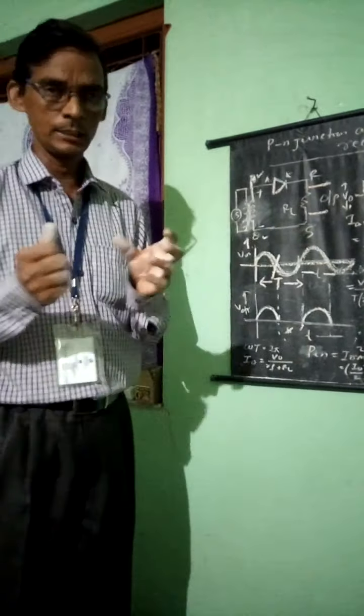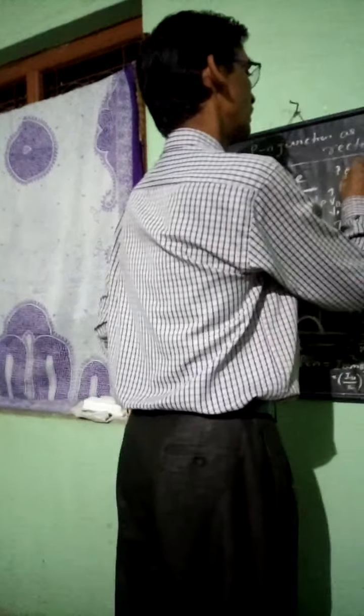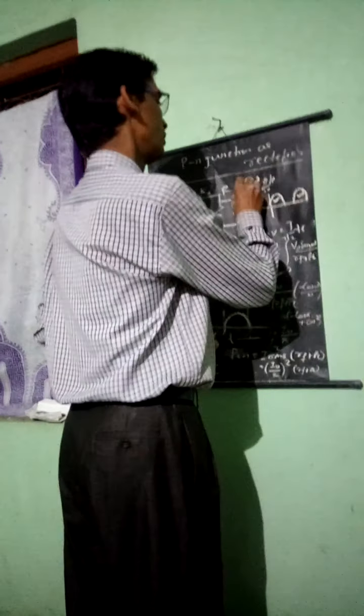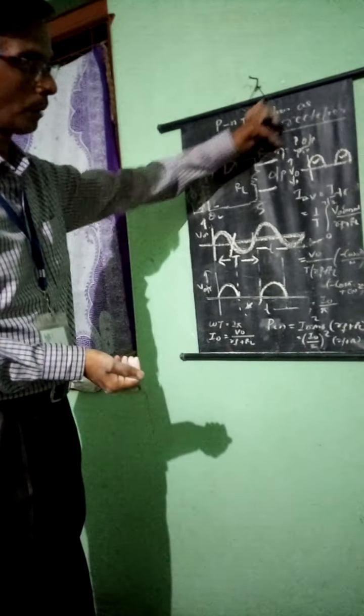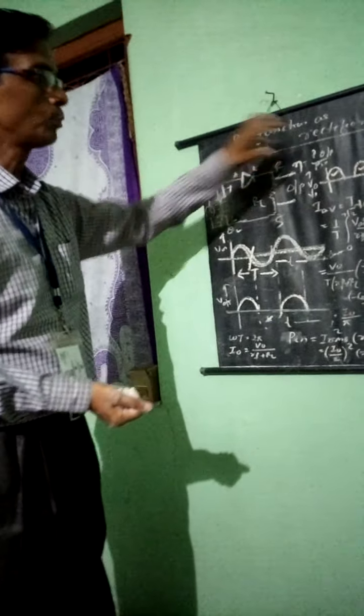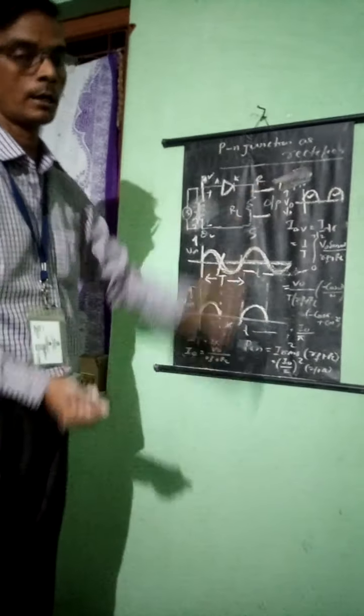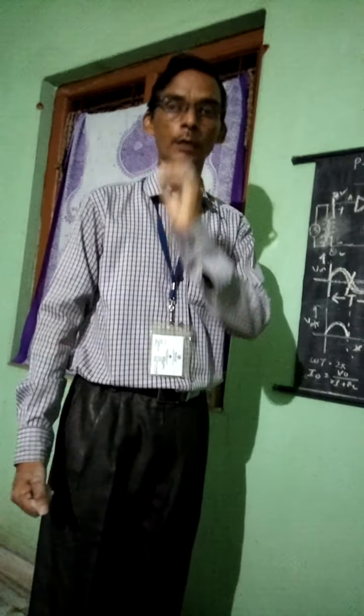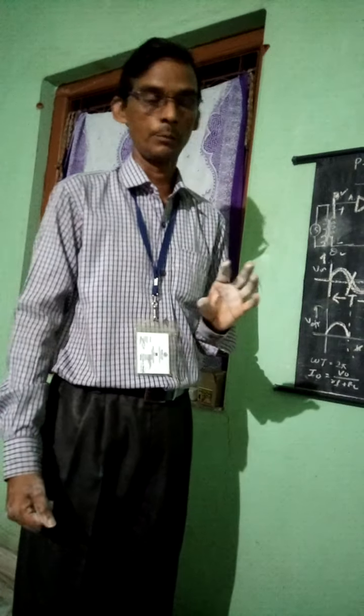Then remember, what is the efficiency actually? Efficiency is power output divided by power input. Efficiency is equal to power output by power input. So let us see, before going to find the power, according to Ohm's law, P is equal to VI, or you can say I square R, or V square by R. Mathematically, I have already told you in the Ohm's law verification.